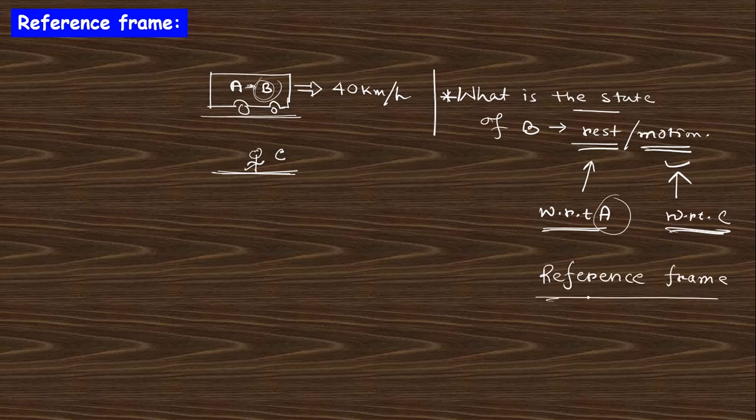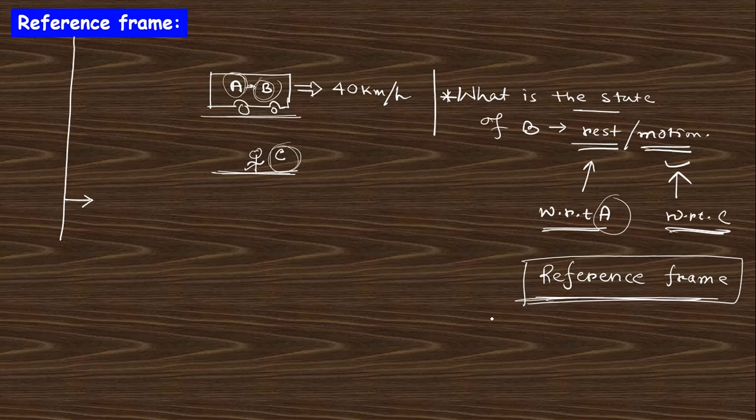Reference frame is the frame with respect to which we can describe the motion of other particles. This is the reference system. With respect to that system we can describe the motion of the other particle. So here A is a reference system, and C is also a reference system which describes the motion of B. These reference systems are of two types: